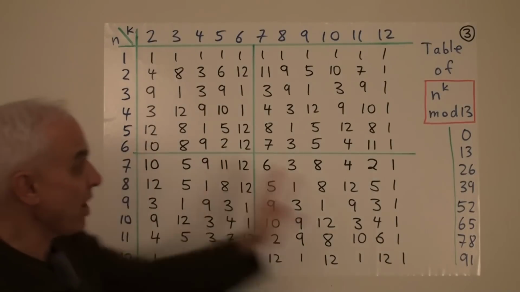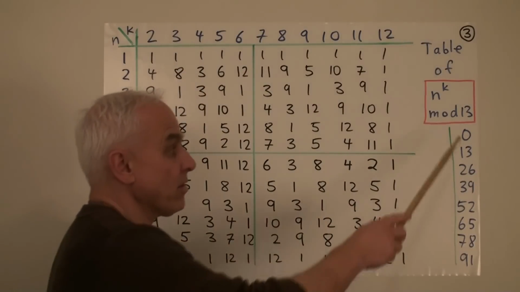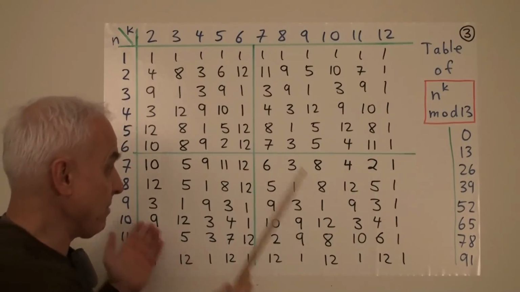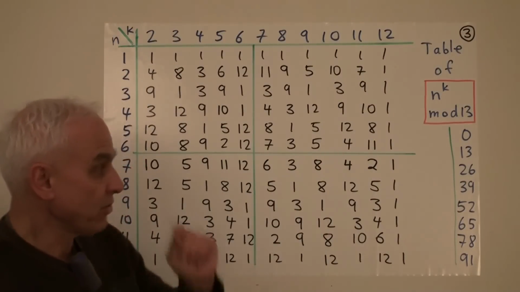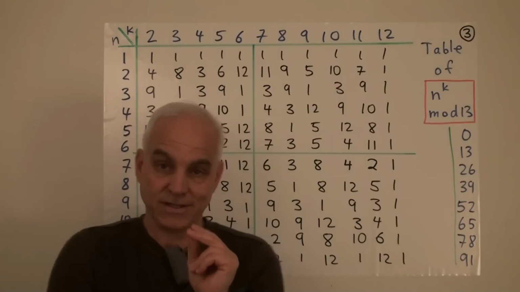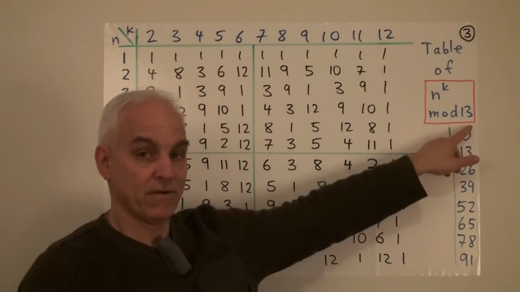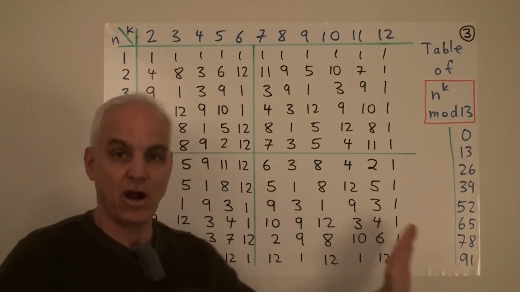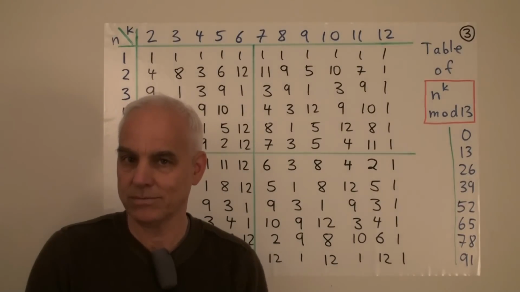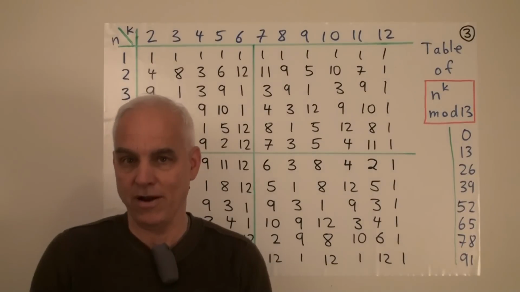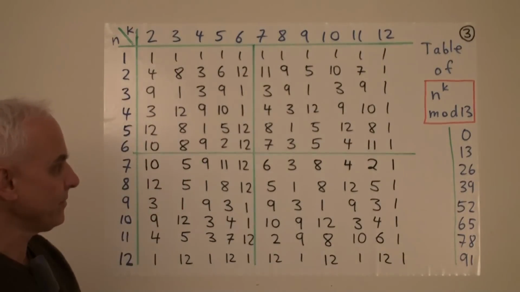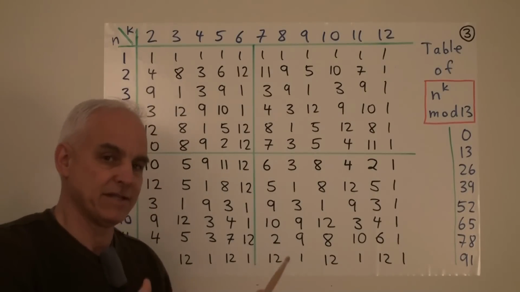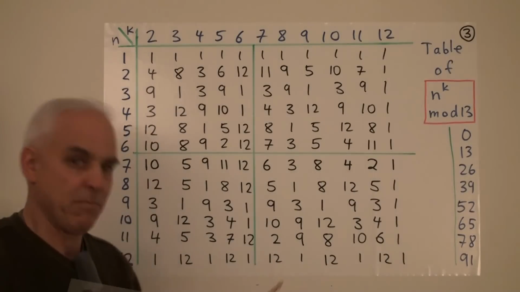And I can do the same kind of thing looking at, say, powers not mod 13, but mod some other number. And then compare, do the same kinds of things happen. So what you'd really like to be able to do if you really understood this is be able to substitute any number for the 13 and sort of beforehand be able to predict largely what's going to happen with this table. That means that you really understand what's going on. But drawing up the table, doing that legwork first, is a kind of necessary preliminary to understanding the pattern.